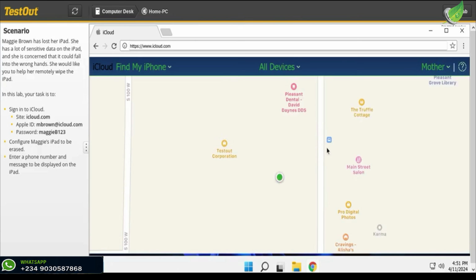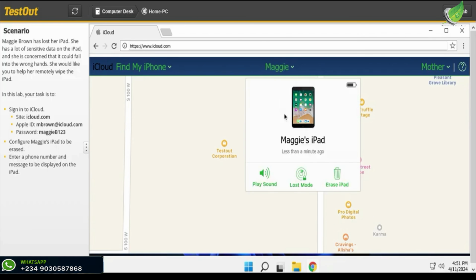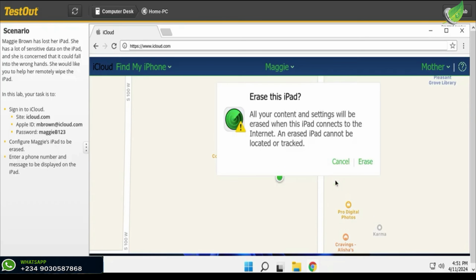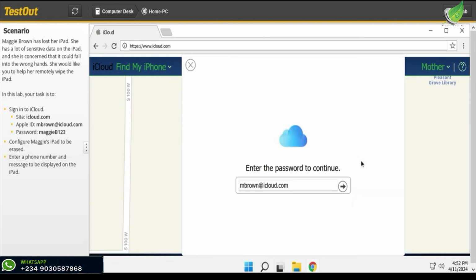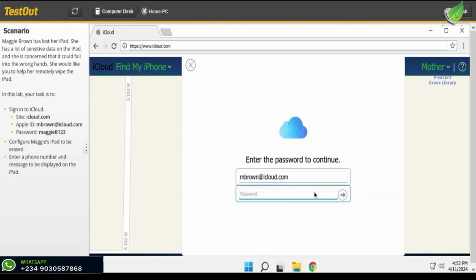All right, we are inside, so we're going to get into this area, then we'll go into Magic's iPad, which is the area we're going to be working on. We're going to erase this. We go ahead and move this. Okay, so we're going to input the password again,